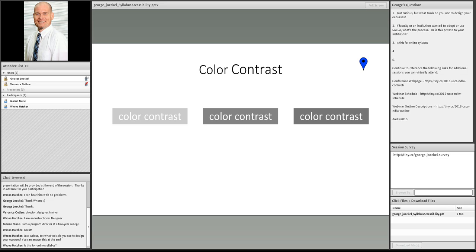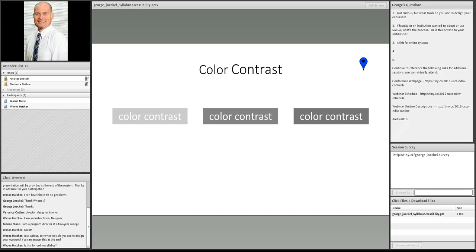The third area I want to just cover really quickly is color contrast. So if you look at these three examples here, this might be sometimes if you have a header on a table and you have contrasting text, or you might have a color of your document background.